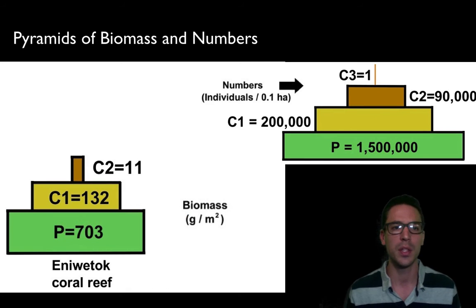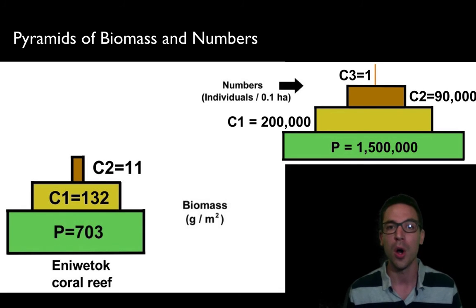Now, another way we can look at these pyramids is as pyramids of biomass and pyramids of numbers. And what you notice is we see the same sorts of trends. If I were to look at the biomass of, let's say, this coral reef, I notice that the biomass is getting less and less through my pyramid as I move on. Again, just like energy is being lost, mass is being lost because you're releasing carbon as carbon dioxide. Some of that waste is coming out through egestion and excretion, so we're finding less and less biomass as we